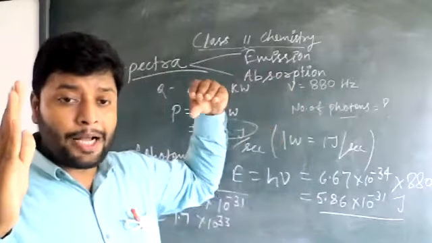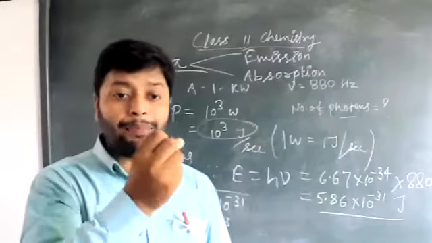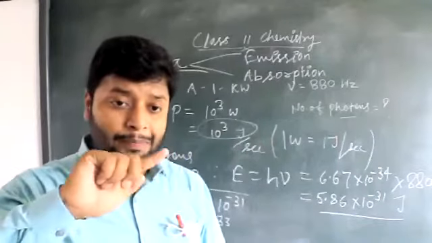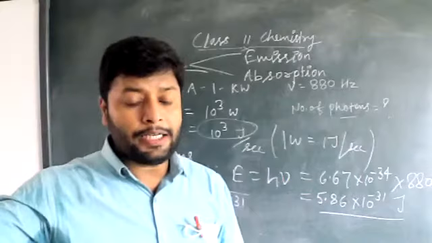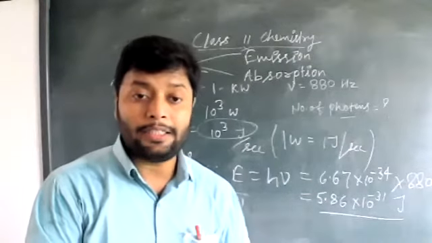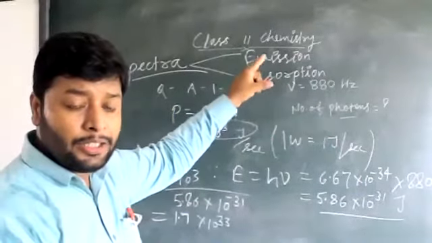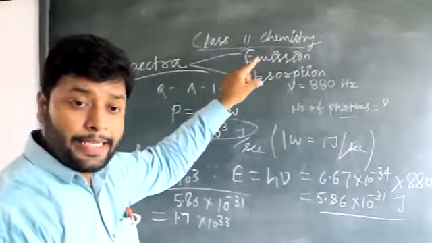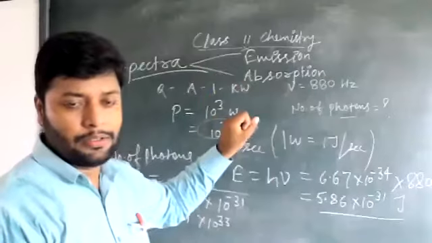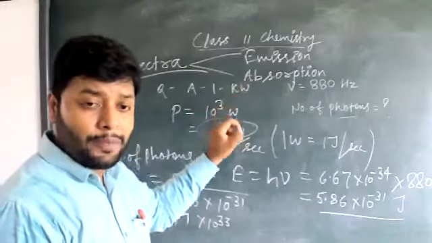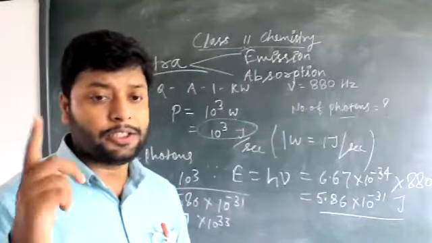First, the radiation passes through the sample. Some of the radiation is absorbed by the sample, and the rest of the radiation, which is not absorbed, then passes through the prism and is obtained on the photographic plate as a screen. So the basic difference is, in emission there is no need for absorption of any radiation, but in absorption the radiations are absorbed. Radiations are first absorbed by a sample, then pass through the prism and are obtained on the screen.